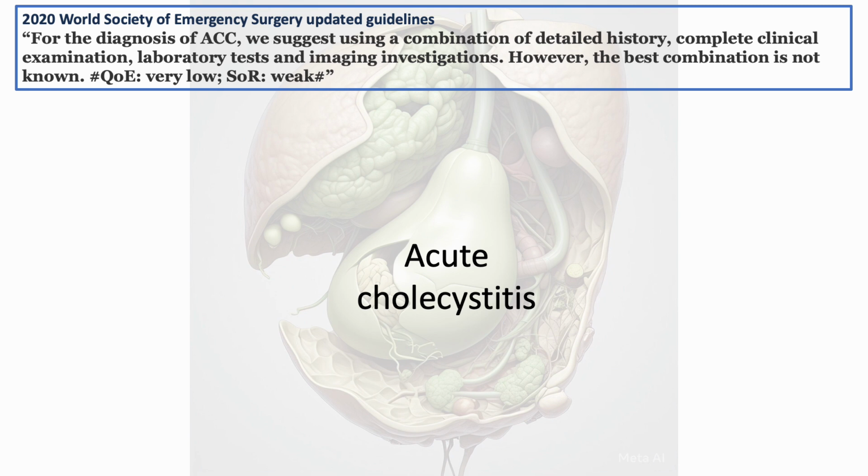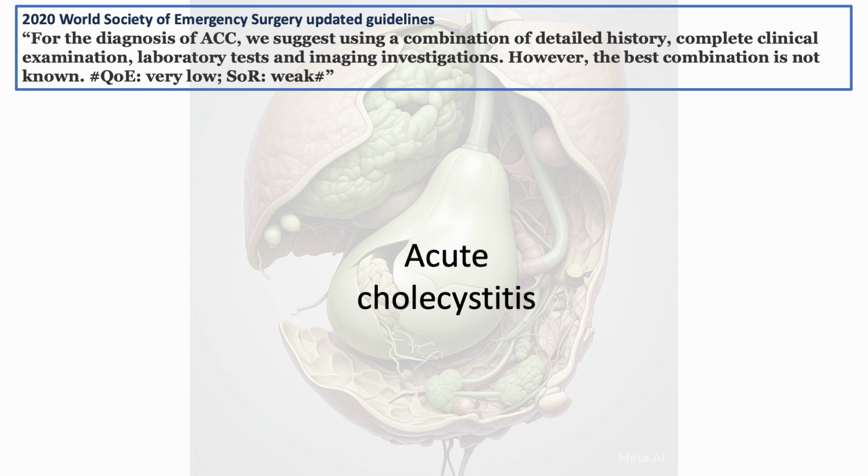Now, briefly about one of the most common causes of right upper quadrant pain, acute cholecystitis. Again, the diagnosis is made by a combination of history, physical exam, lab tests, and imaging, as stated in the 2020 World Society of Emergency Surgery guidelines. But they said, however, the best combination is not well known, and we talked in the previous video about that